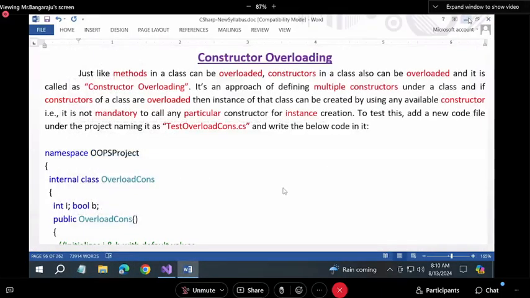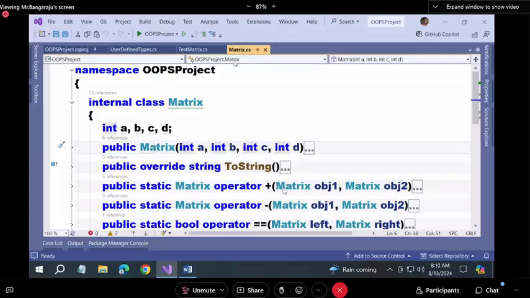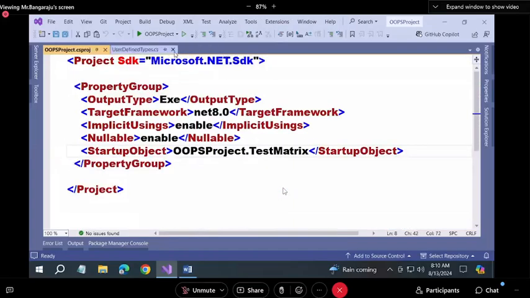What is constructor overloading? Guys, listen. Just like you can overload methods in a class, you can also overload constructors of a class. I repeat, just like we can overload methods in a class, we can also overload constructors in a class. A constructor is also a method only. Just like you overloaded methods, now we can overload the constructors in your class. For example,